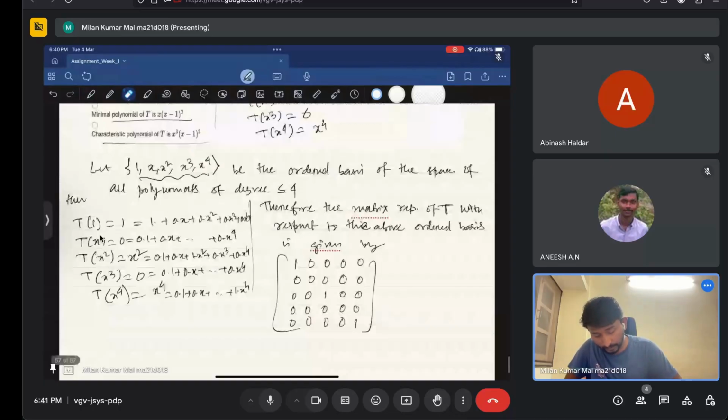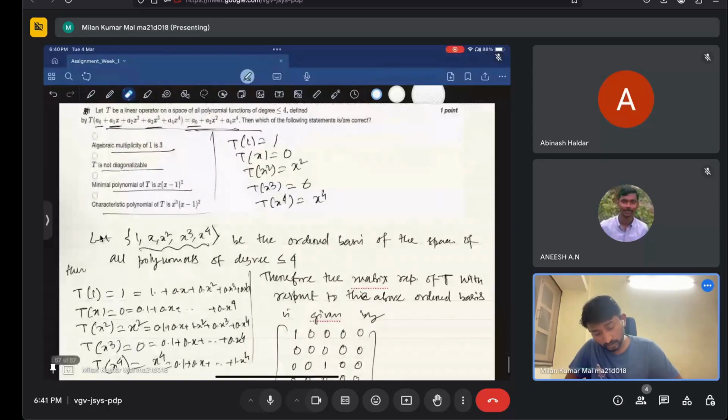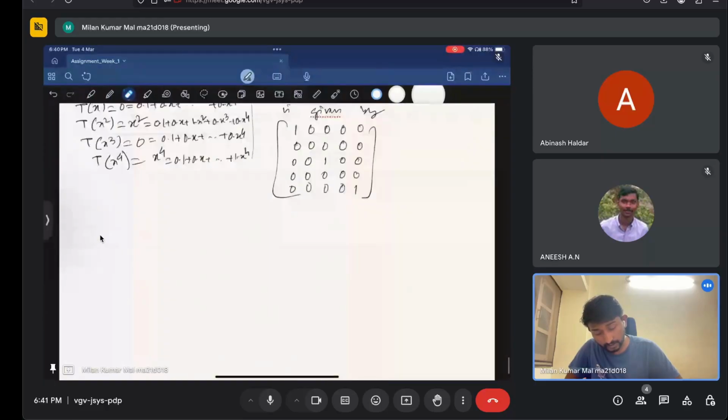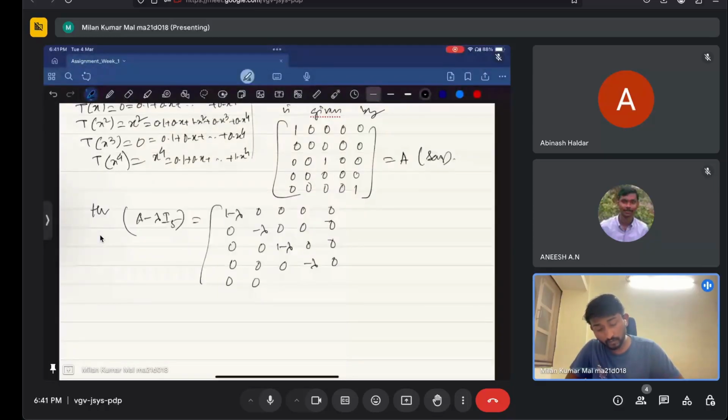Then A minus lambda I, this is 5, is equal to 1 minus lambda 0 0 0, 0 minus lambda 0 0 0, 0 0 1 minus lambda 0 0, 0 0 0 minus lambda 0, 0 0 0 0 1 minus lambda. Therefore the determinant of A minus lambda I 5 is equal to lambda square and 1 minus lambda to the power cube. So therefore the characteristic polynomial,